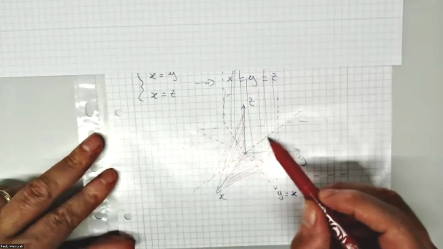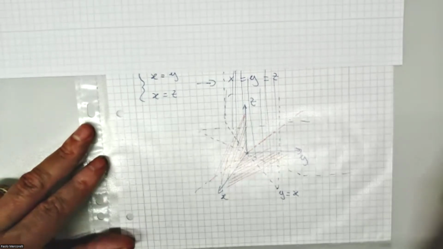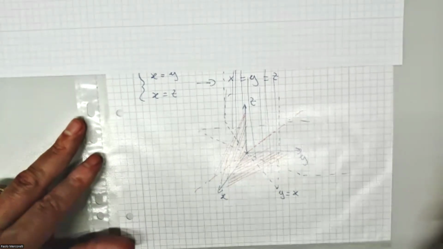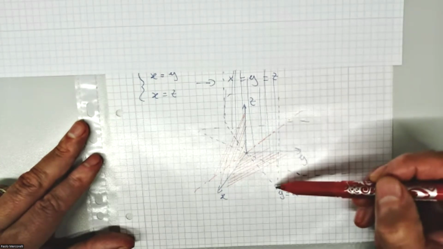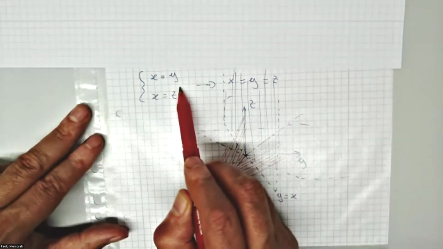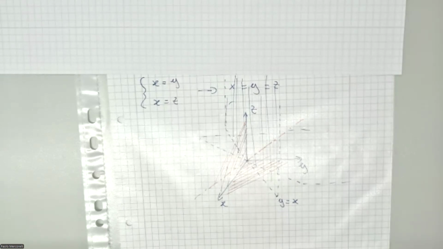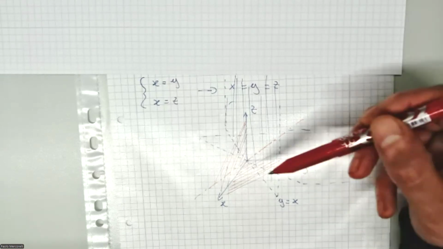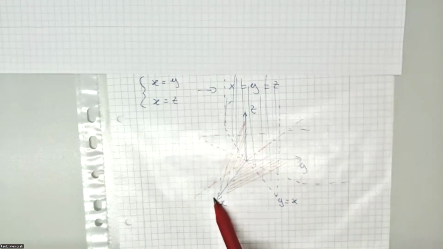At the intersection is this line here. Let me show you. Let me try to explain. The blue structure is easy to see. I mean, what is the meaning of X equals Y? The meaning of X equals Y, if you remember from gymnasium, can be interpreted as a line, let me say, in the plane XY,